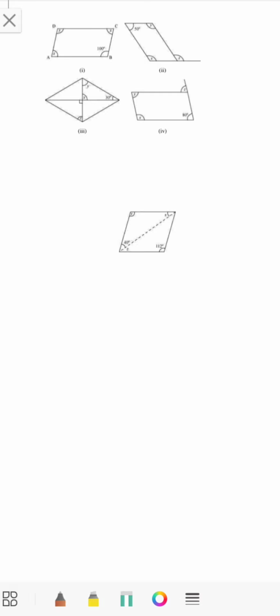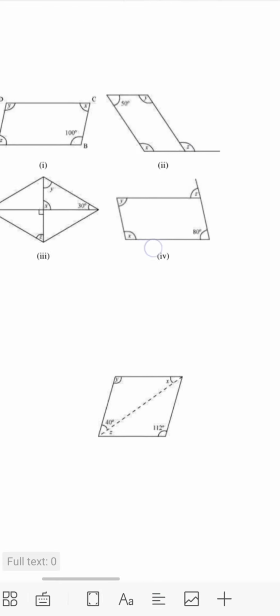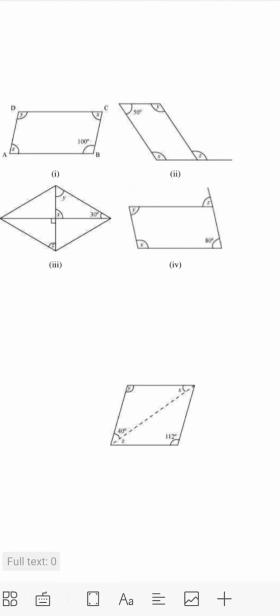And in today's video we'll begin with quadrilaterals, how to find the angles in quadrilaterals with the help of the properties. I have already explained all the properties of parallelogram, rhombus, kite, of each and every quadrilateral. So today we will take help of those properties and try to find out the angles. I will show you how to solve. Let's begin.